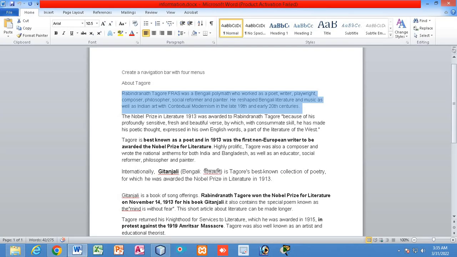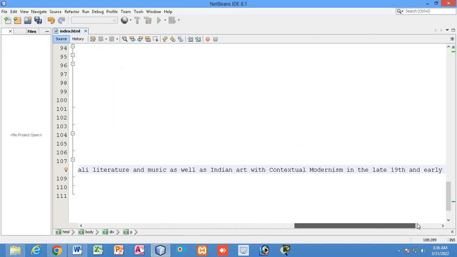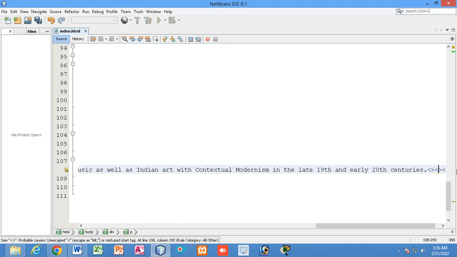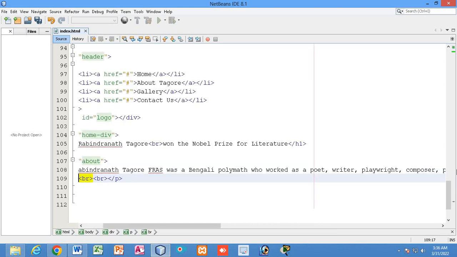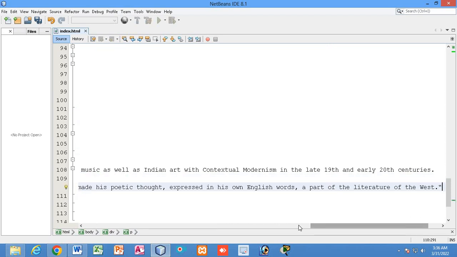Some more information I will copy here, after writing a break line, and paste it here.